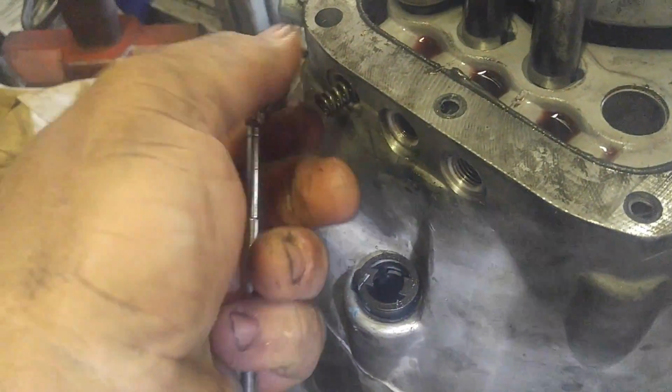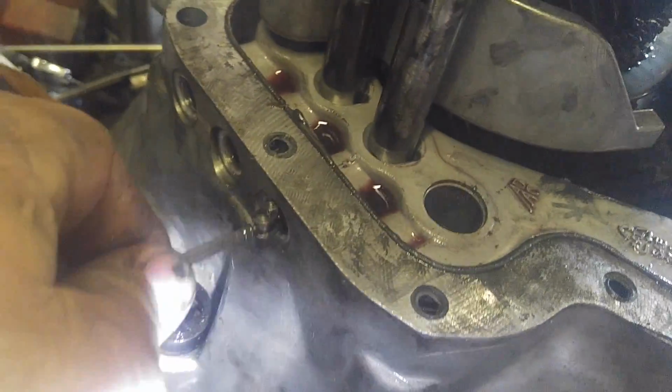Okay, one more. You're not done yet though. Okay, we'll put these down. Now sometimes these don't come out, but there is a cup inside here that comes out next. I've got the flashlight in my mouth, so if I sound a little funny,